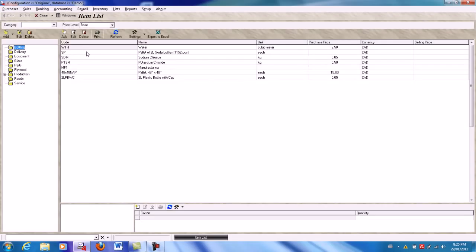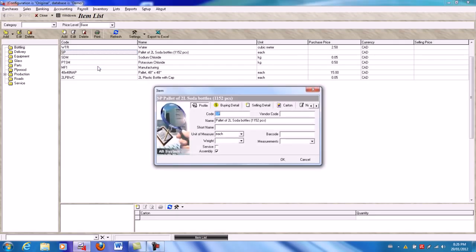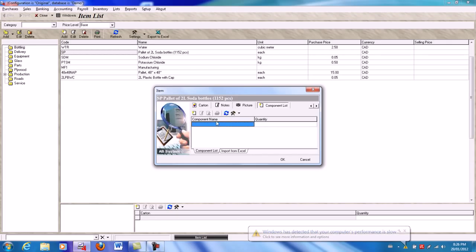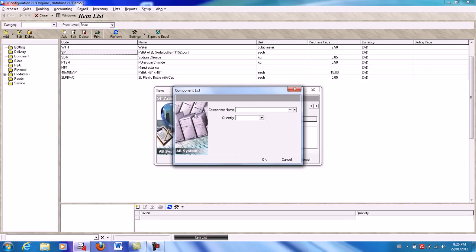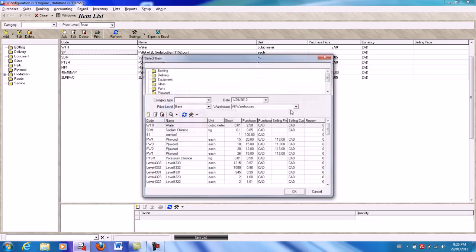First, you need to open inventory and then the items. Select your item. Check for assembling, and then select the component list. You only need to create this component list for new products. In order to produce this product, you need to pull